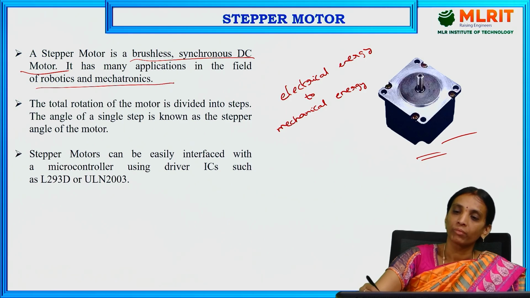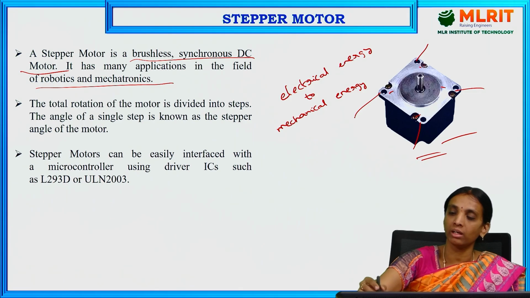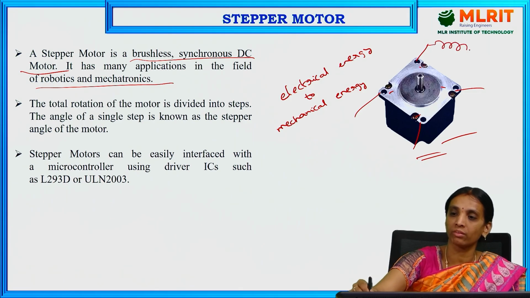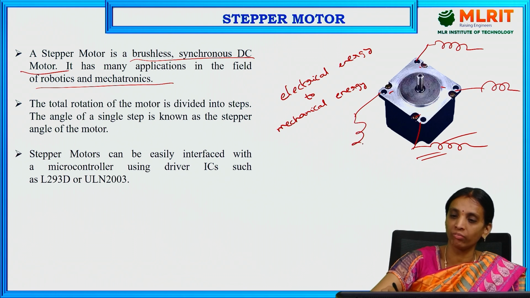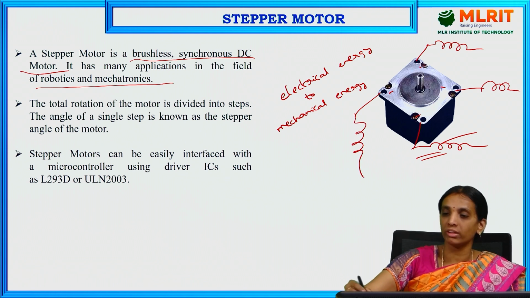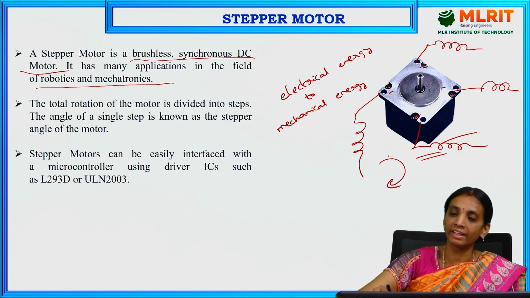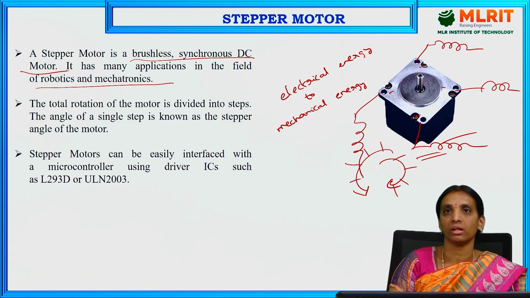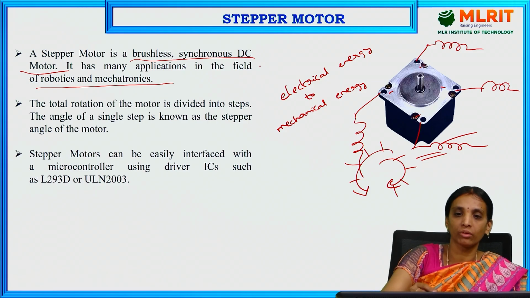The rotation of the stepper motor is divided into 4 steps. We have 4 terminals, with 4 windings inside for the 4 terminals. With these 4 windings, it can be rotated either clockwise or anti-clockwise. But the entire rotation consists of 4 steps, so it rotates stepwise. So that is about the stepper motor.